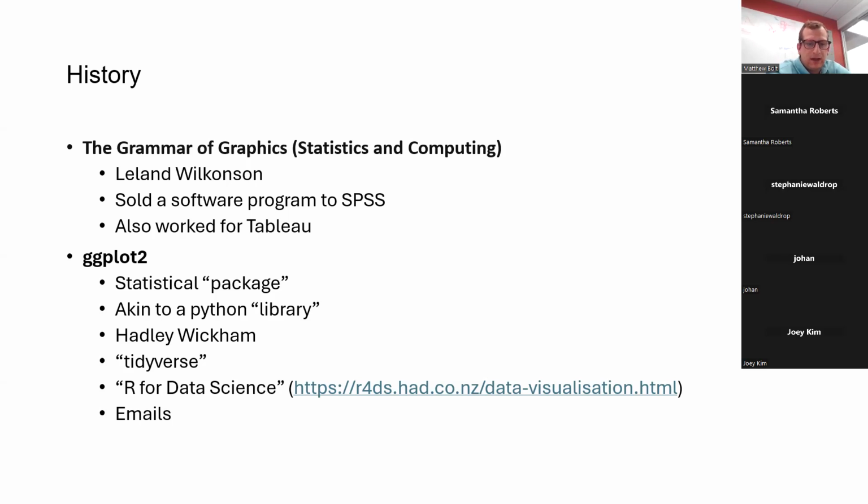The other thing is that a lot of this presentation I took from the book R for Data Science, which is Hadley Wickham's introduction to data science and introduction to R for the beginning statistician or data scientist or just someone who's interested in making graphs. So if you think my presentation is terribly boring, you can just click on that link and read a book,